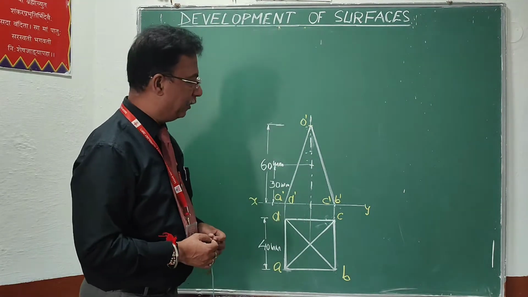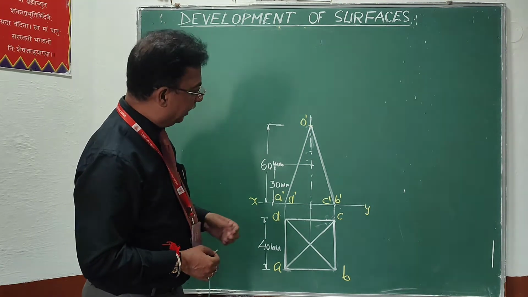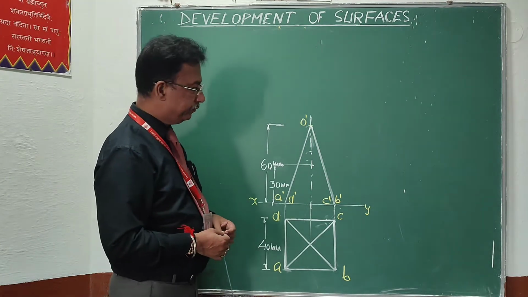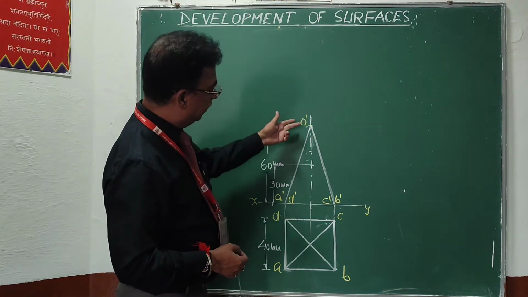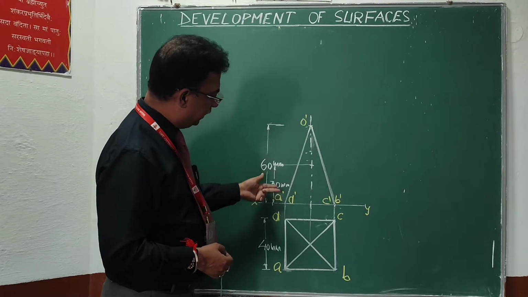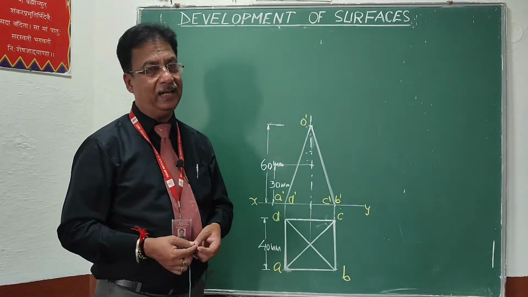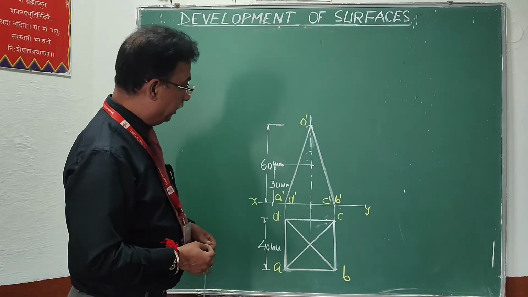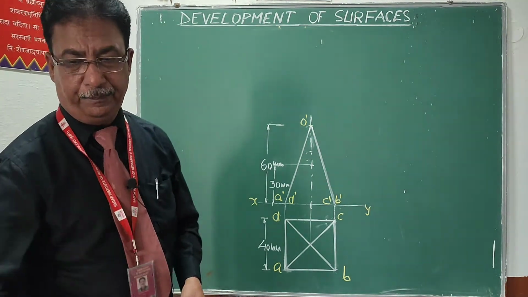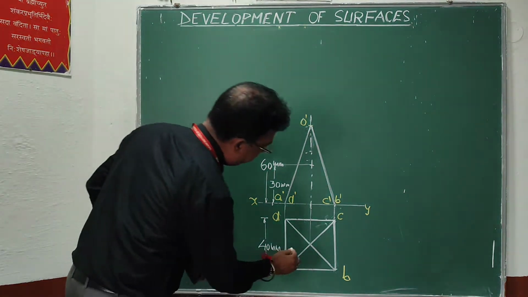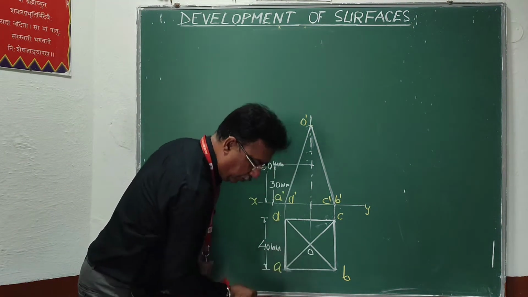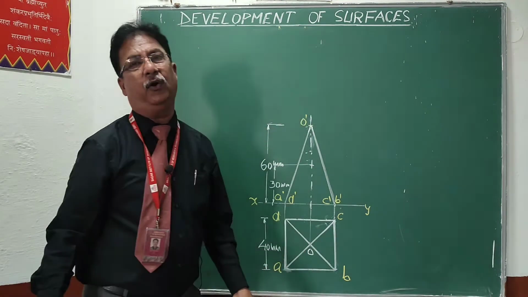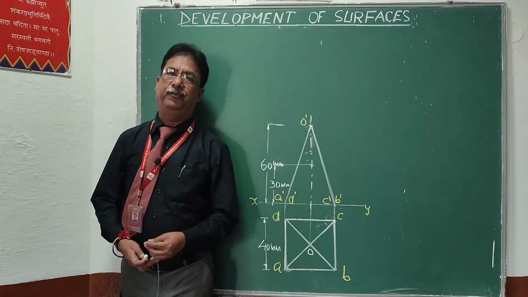So, firstly what we have to notice is whether we are getting the true length of any of the slant edge in the front view or not. Right now in this figure, this O dash B dash and O dash A dash are the extreme two slant edges. Other two slant edges are also coinciding with these two ones. If you look at these lines in the top view, this will be the apex in the top view O. So, if you look at this line OB, OC, OA, OD, all these lines are inclined to the VP.